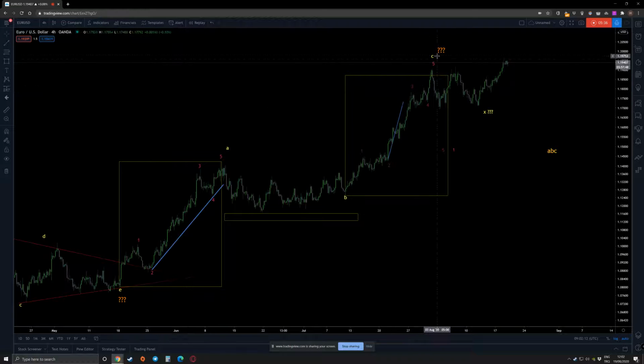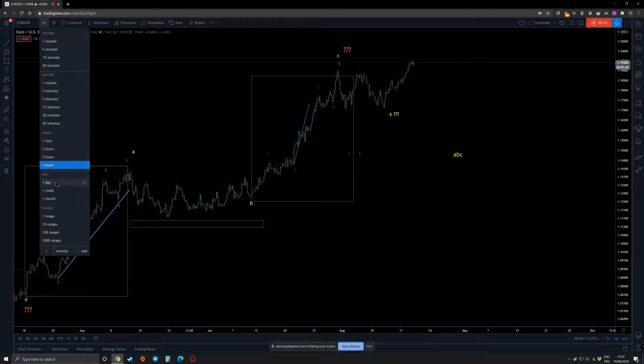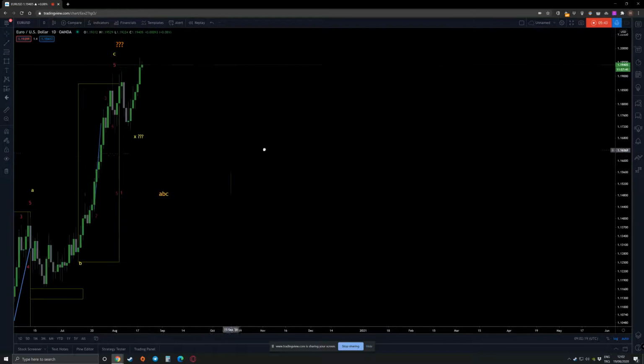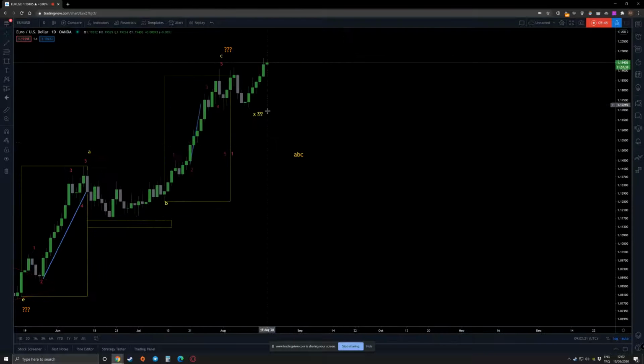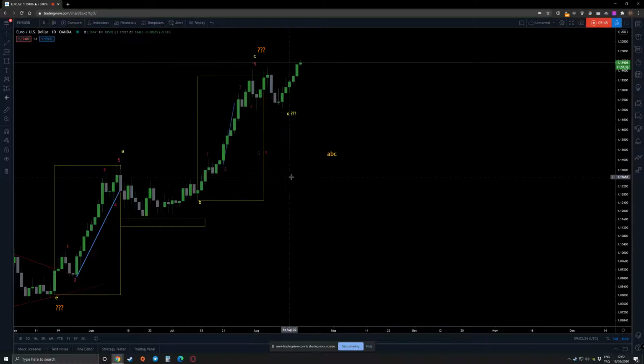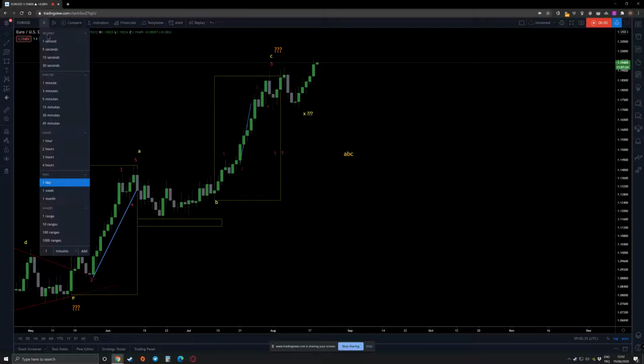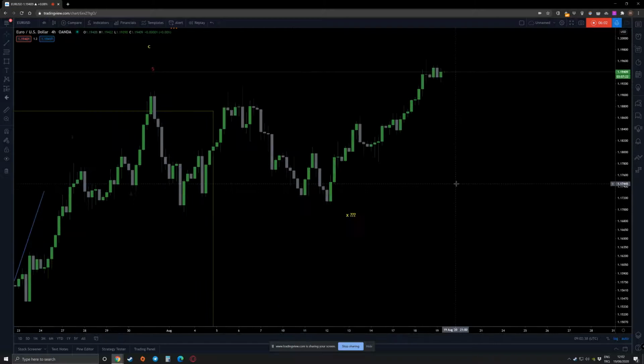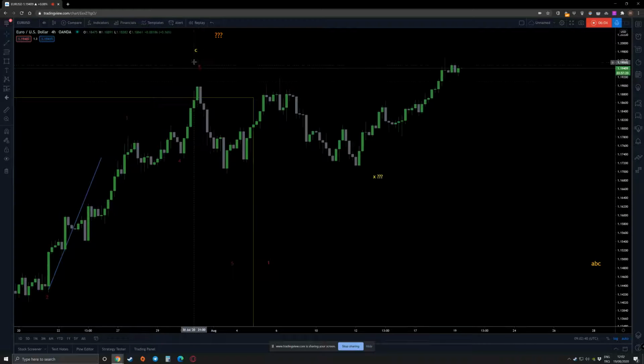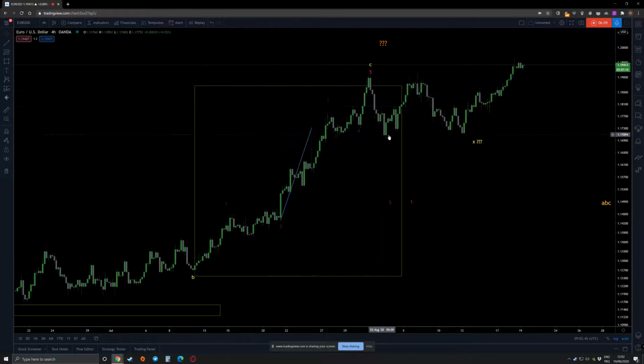Now after this, what did the market do? Well, after this, let's actually go back to the daily chart. Okay, so after this move, what the market has done is actually it did an X wave. Now, the reason why I came back to this time frame, look, on this time frame you cannot see the triangle, but if you go back to the 4-hour chart, you can see what the X wave has done. Okay, if this is the fifth wave, and this is the end of the C wave,